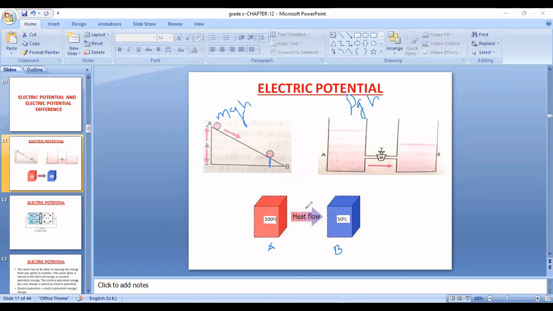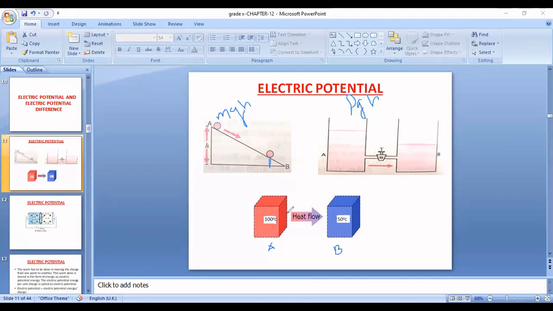So the same is the case for the charge. When the charge has to flow or move from one point to the other point, there should be difference in the pressure of the electrons or the charges. As we have seen that the current is produced due to the flow of the charge, right? So charge cannot flow by themselves, right? So there is difference in the electric pressure at the 2 points. If there will be the difference in the electric pressure at the 2 points, then only the charge will flow.